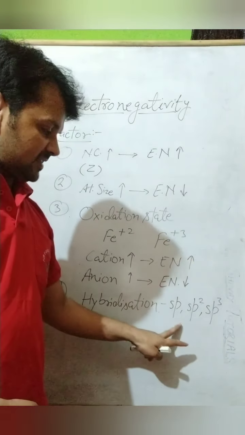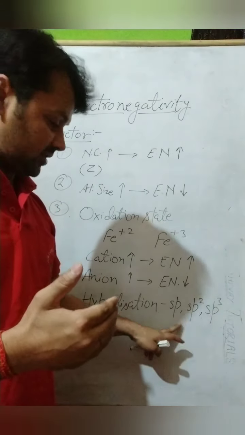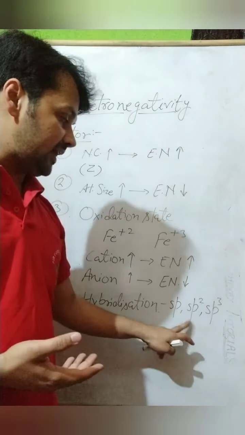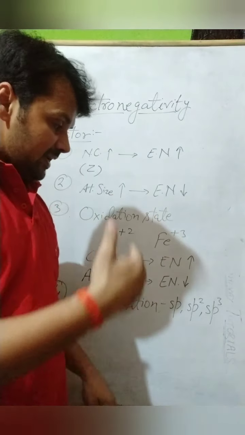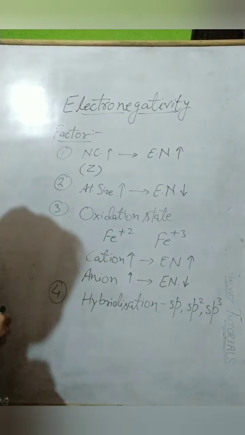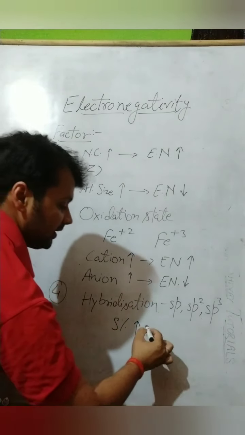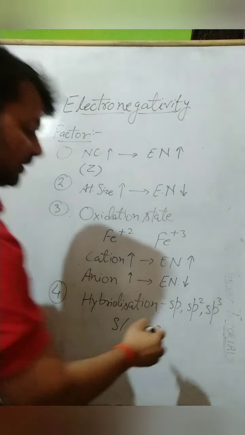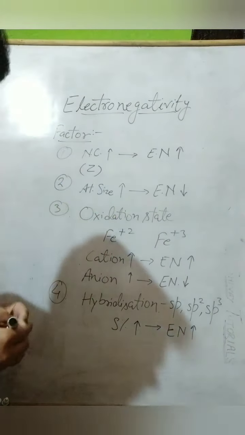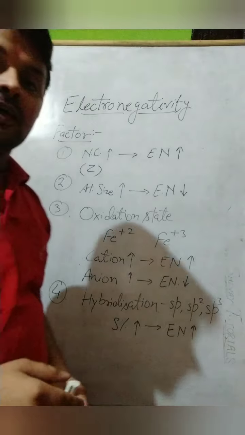So here you can see that if sp orbital is there, both have 50-50% value in the hybridization. When sp2 is there, then p orbital value is increased, means percentage of p orbital is more than the s, and in sp3 the p orbital is even more, means the percentage of s orbital is decreasing. Clear? So hybridization affects the electronegativity in this way. If the s character is more in the hybridization, electronegativity will also be more. Means if the s character decreases, then electronegativity will decrease. These are the factors which affect electronegativity in any period.